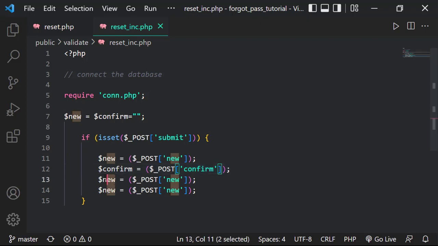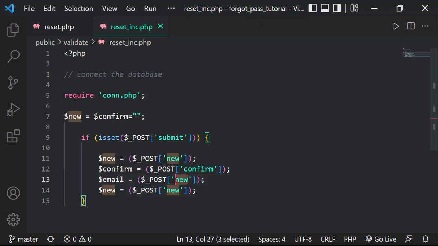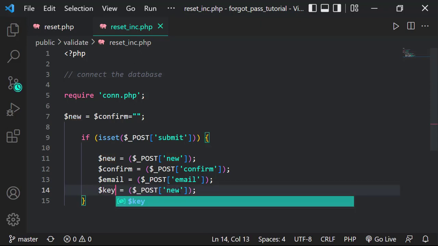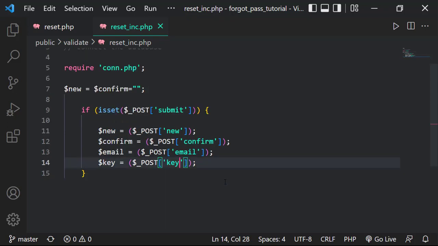This one will be the email, and this will be the key. Yeah, and that's it. So maybe before we continue, I would like to see if you're able to get that